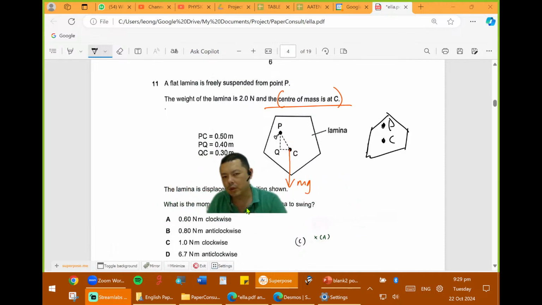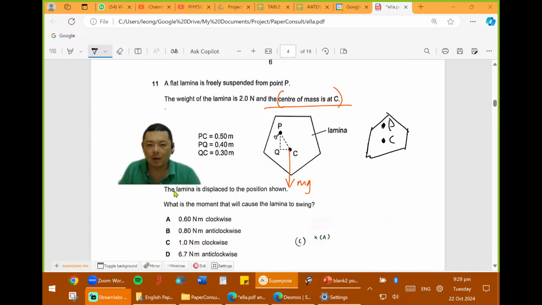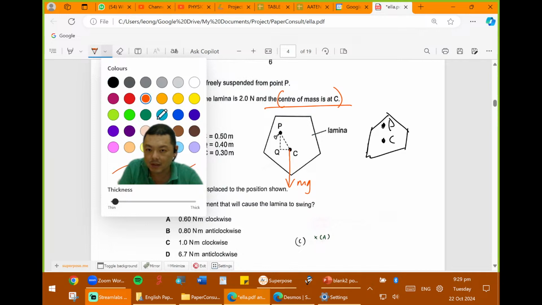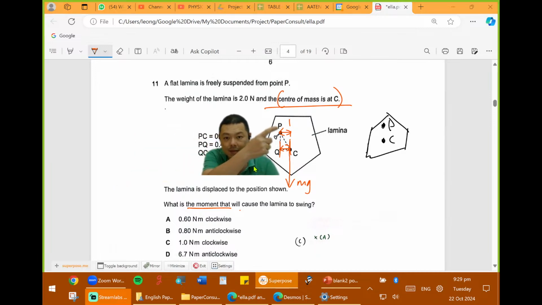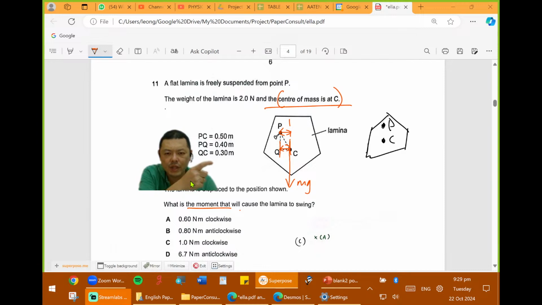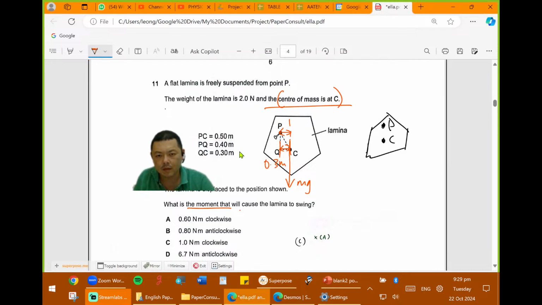Okay. So then the question is, how much moment is that? That's what they're asking, how much moment is this, due to the weight. So you need to find this distance, right? Because that's the perpendicular distance from the line of action to the pivot. You see that that's the distance there, right? Which is how much? 0.3 meters, right? 0.3 meters.